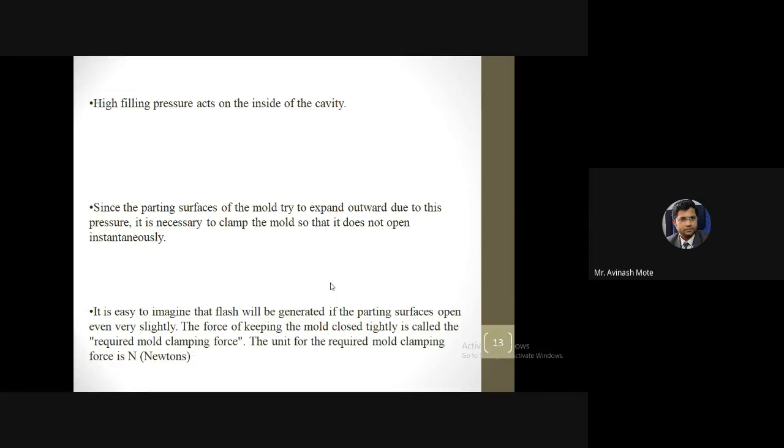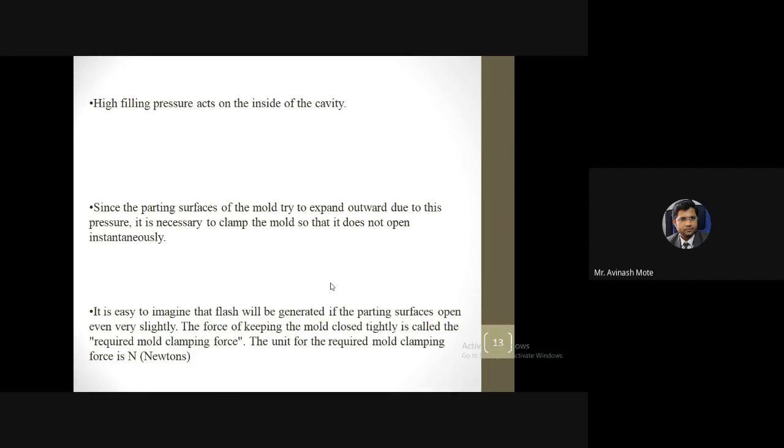So what happens actually at the parting line if there is a small gap? Parting line means the surface at which two mold elements come close together. Now, if this clamping force is not proper, if the pressure is not proper, the possibility is that a small gap or small opening will be there at the parting surface.